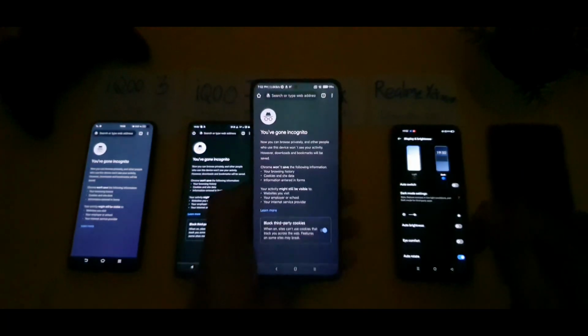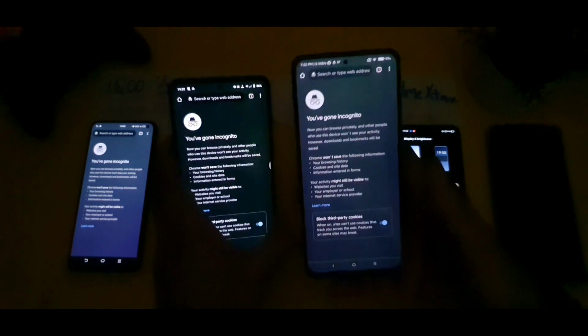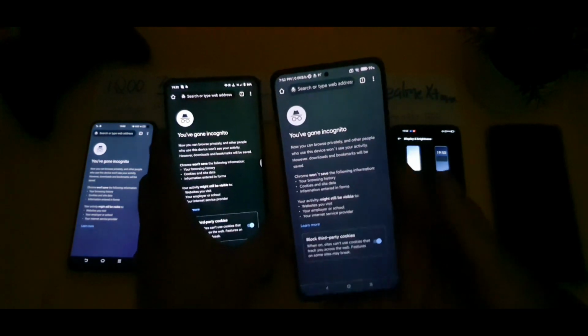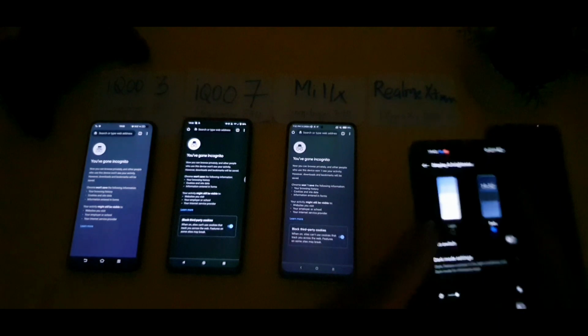As you can see, a little bit. So a little bit of green tint you can see clearly, but not much. Just a little bit of the green tint is there in the MI Linux device. So I'll try to use a different kind of application as well later on, but I just want to use this Google Chrome application first in all the phones to test this theory, what is happening.